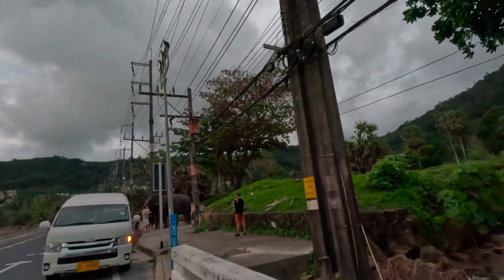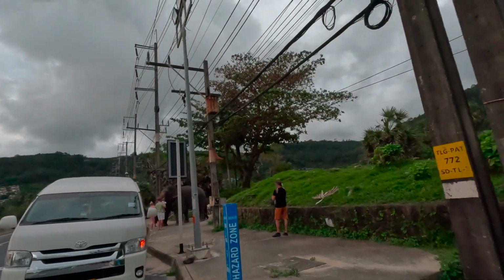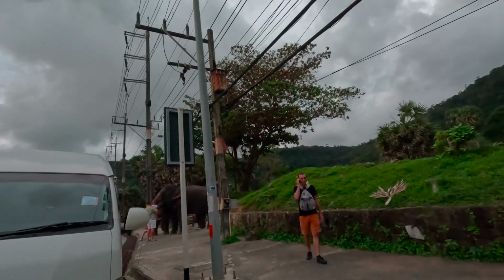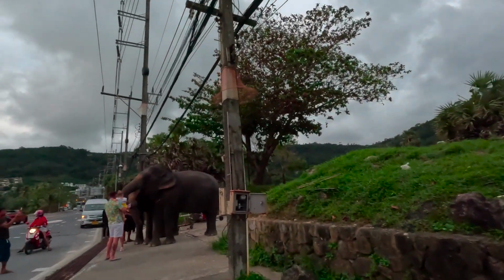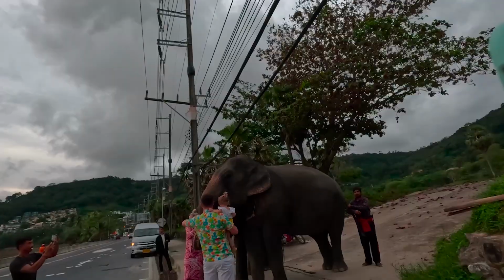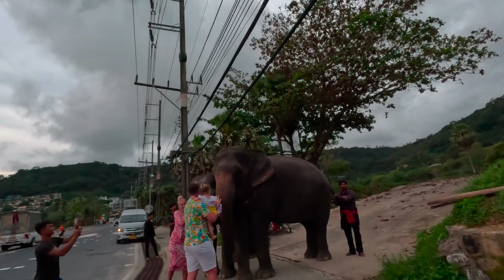While biking, we came across an elephant on the side of the road, and as tourists, we were curious to see what was going on. As we became closer, it was obvious that this was not a humane way of seeing them. The elephant was clearly in distress, with the owner pulling on its tail to get it to comply with his